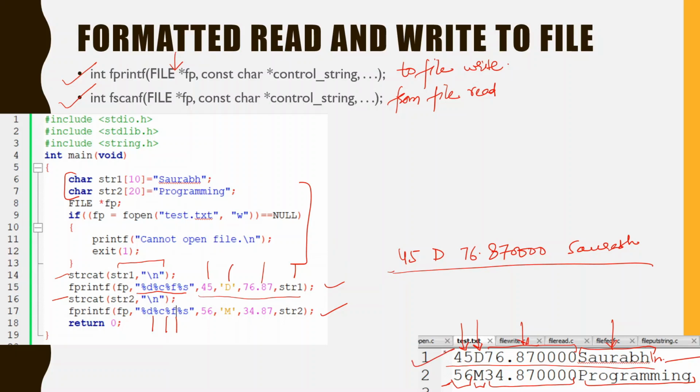When you try to read this, it is going to read as an integer, but this space is going to be read as a character. So these spaces will also get read by your format specifiers. That is why it is not suggested to use spaces when you use fprintf and fscanf. Now let us see the use of fscanf.